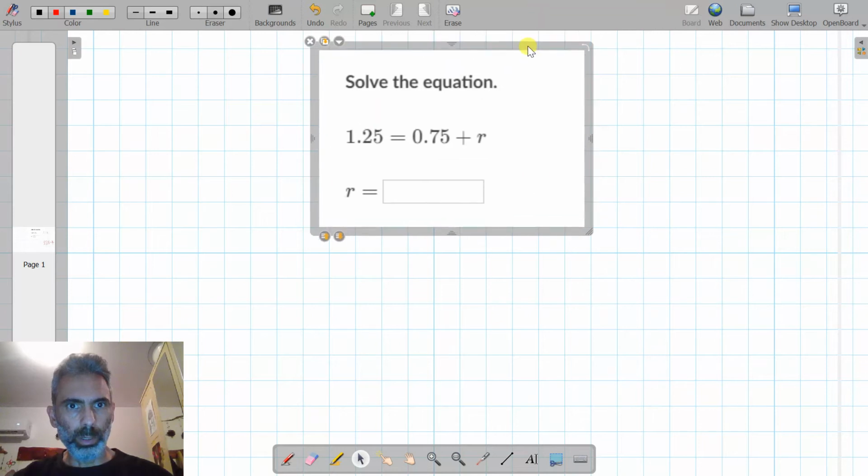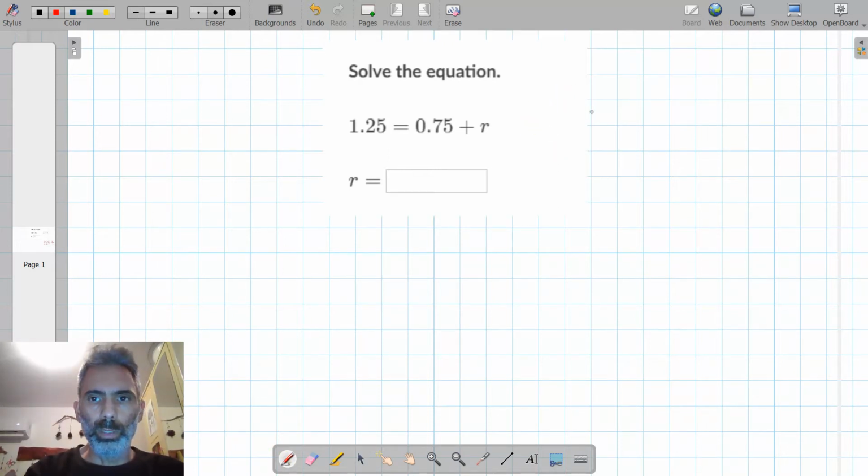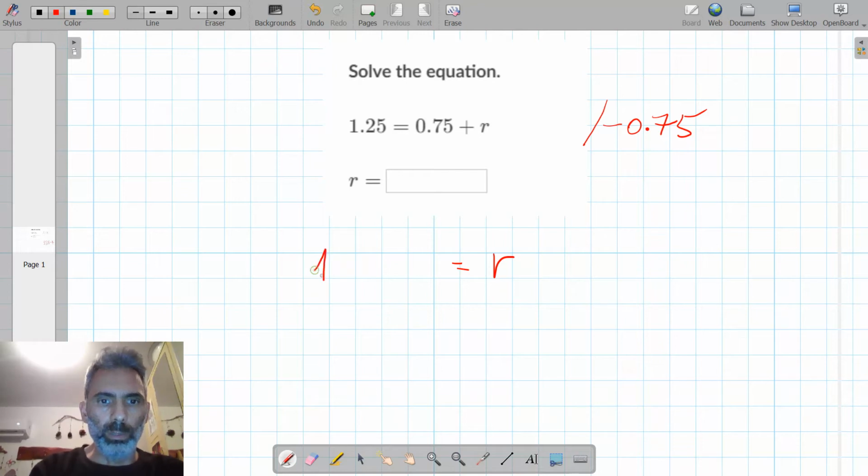Solve the equation 1.25 equals 0.75 plus r. So if we want to isolate the r on the right hand side of the equation, we need to subtract 0.75 from both sides of the equation. So on the right hand side we are left with r, and on the left hand side we need to subtract from